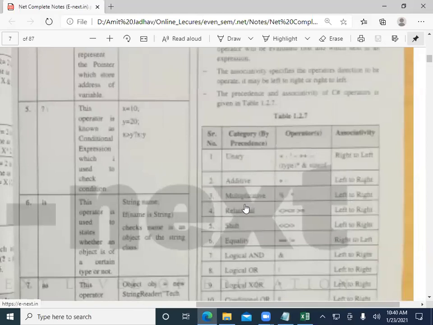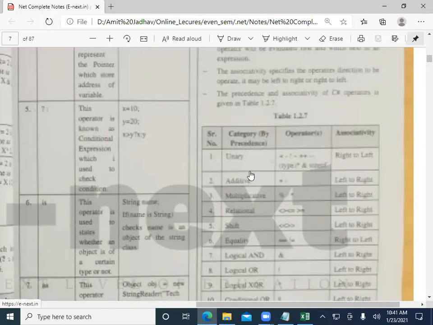Then next one is precedence. Precedence means which operator gets priority. For example, for unary operators, plus has greater precedence, then not, then plus plus, and then minus minus. For addition and subtraction, first we do addition and then subtraction.